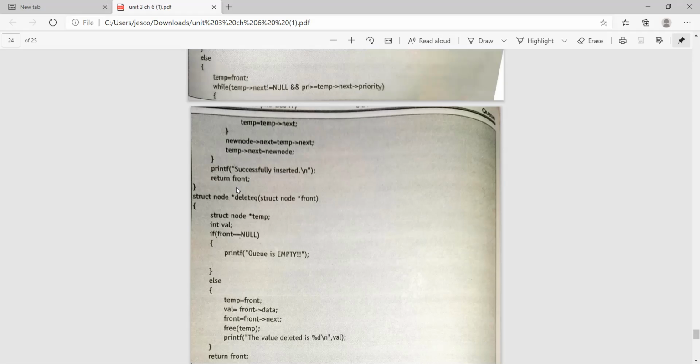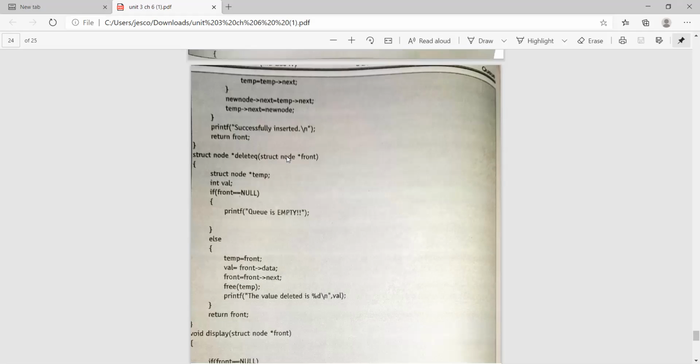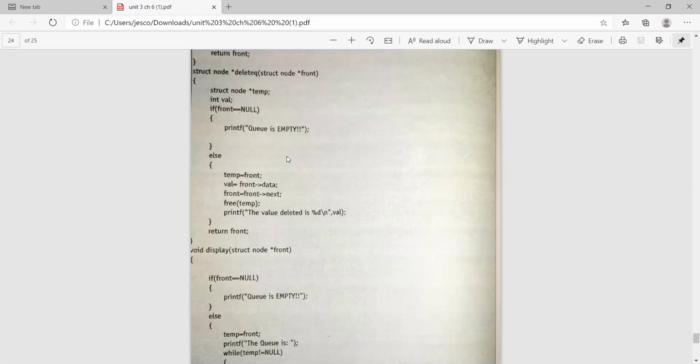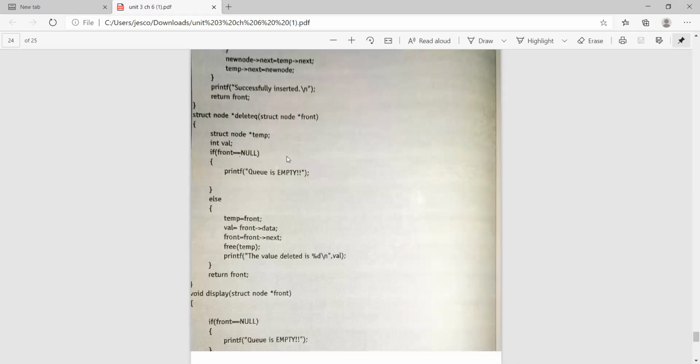after that the new node will be entered. For that purpose we write temp is equal to temp next, meaning in whatever the temporary variable is, after that priority your next element will be added. Okay, so the new node's next is equal to what? Temp next, meaning whatever the new node's next address is, that can be the temp next variable. So in this case we add the new node as temp next. After successful insertion we'll display the message successfully inserted.